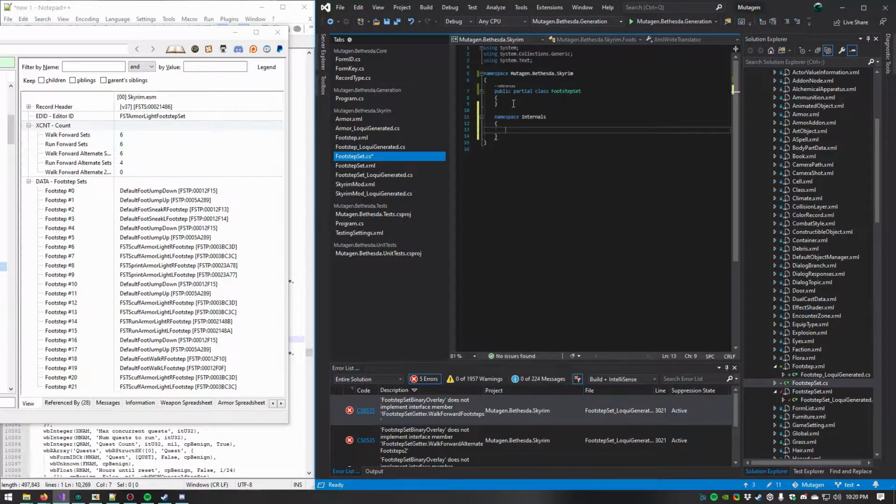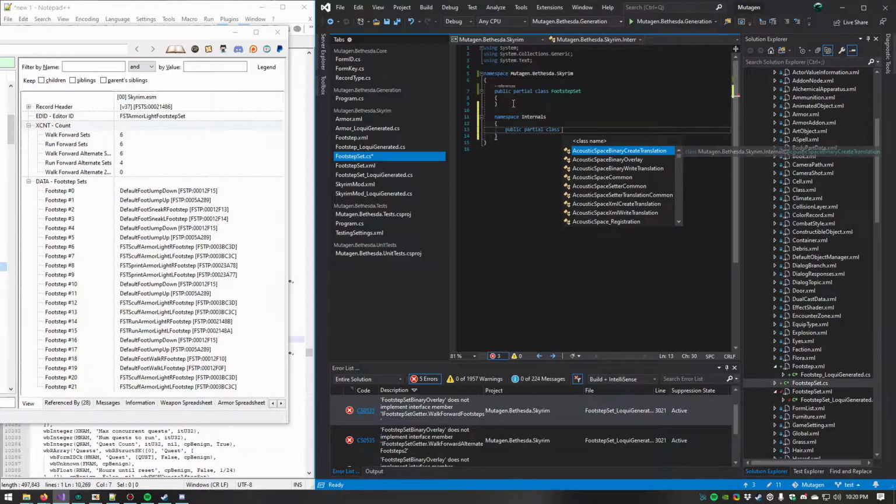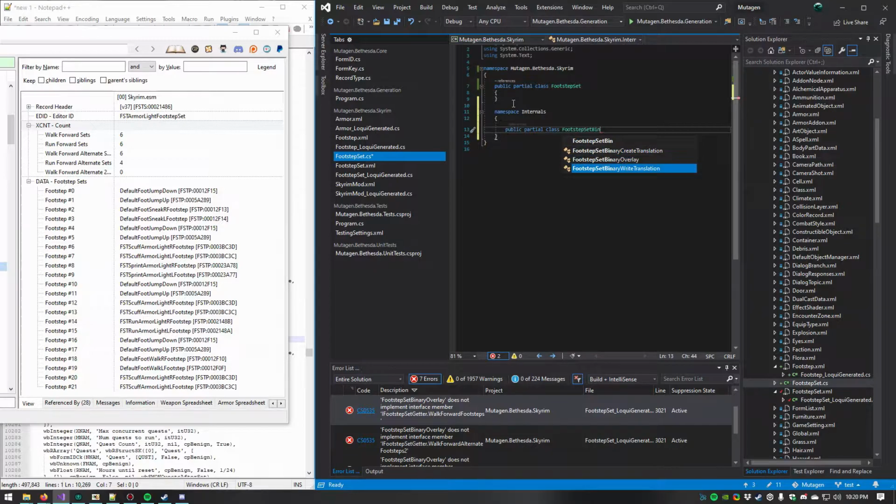It's kind of hidden away from the user and just used internally. While you definitely make use of it and the benefits that it provides, they don't actually ever create a Footstep Set overlay themselves. So if we do public partial class Footstep Set binary overlay,